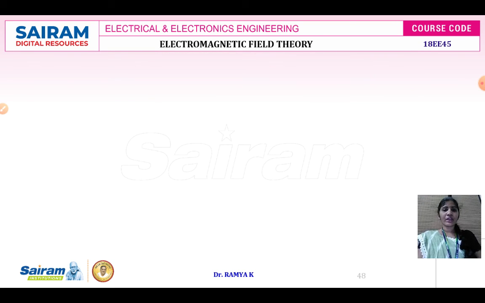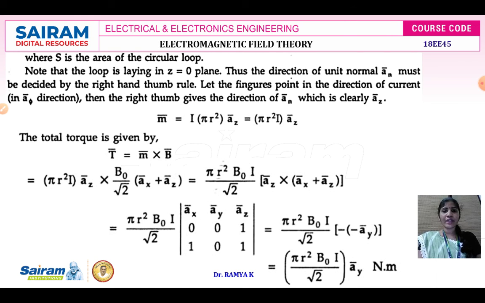First you have to identify the magnetic dipole moment. Then the magnetic dipole moment needs to be multiplied with the magnetic flux density to get the total torque. The magnetic dipole moment is identified from the current and the surface area. So far we have completed what is meant by a magnetic dipole moment, the magnetic dipole moment on a planar coil, how we can identify its value, and how we can calculate the torque if the magnetic dipole moment is available. If it is not available, what is the other method of identifying the torque?